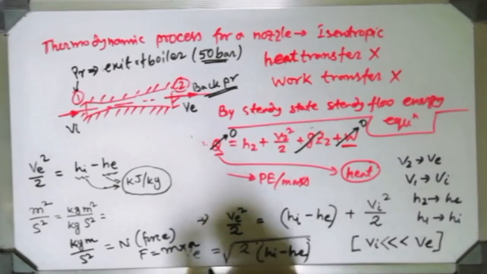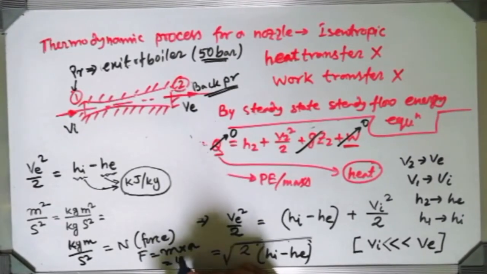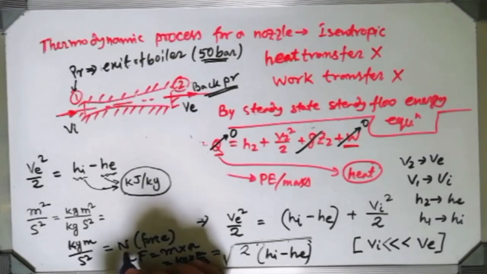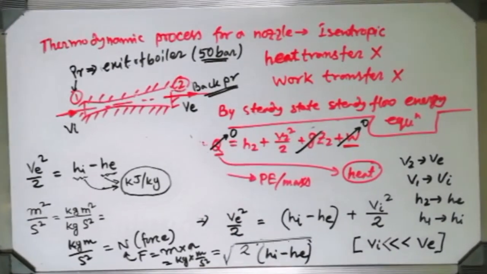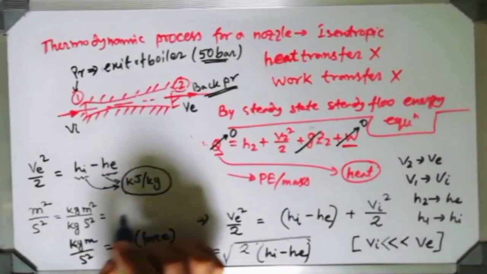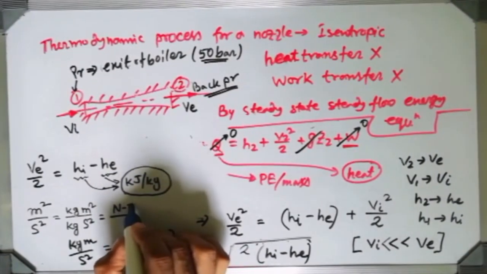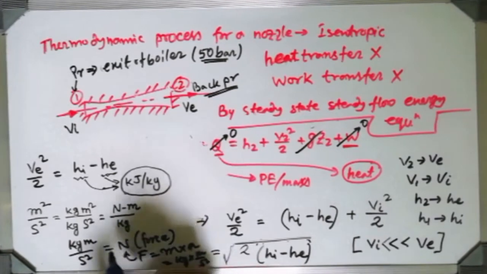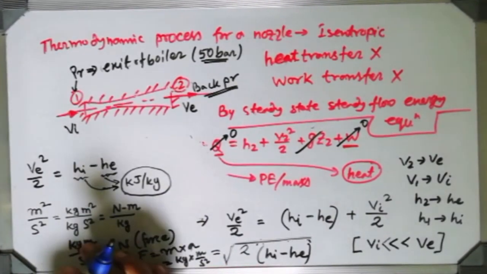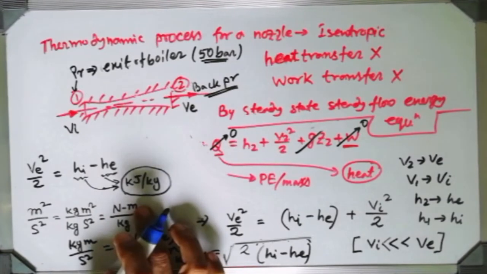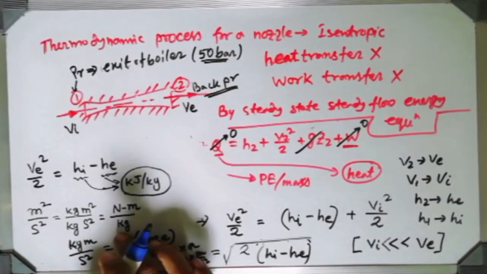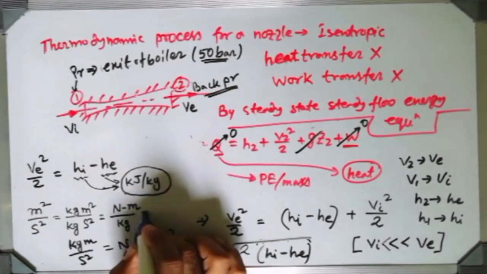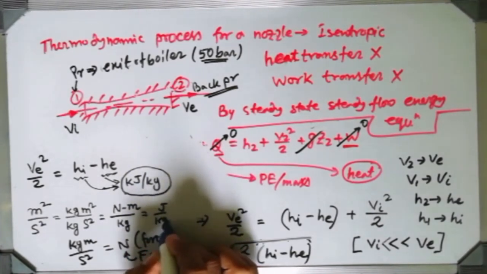Now mass is kg and acceleration is meter per second square. So what does this mean? Kg meter per second square is nothing but force. Force is expressed in Newton in the SI system. So kg meter per second square will give you Newton. Understood? One meter is still left there, and at the bottom side there is kg. One meter is still left on the numerator side, and at the denominator side 1 kg will be left there. So what does this give you? Joule per kg, isn't it? Understood?